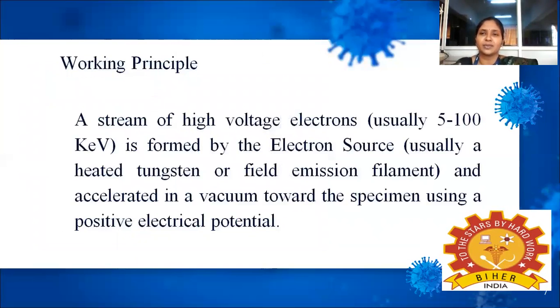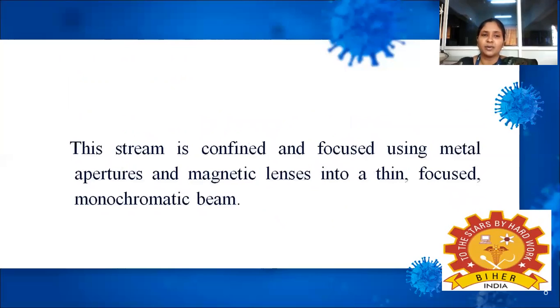So what is the working principle? A stream of high voltage electrons, usually 5 to 100 keV, is formed by the electron source. That electron source is a heated tungsten or a field emission filament. When it is heated, it will generate electrons. Those electrons are accelerated in a vacuum towards the specimen using a positive electric potential. That stream of electrons is confined and focused using metal apertures and magnetic lenses